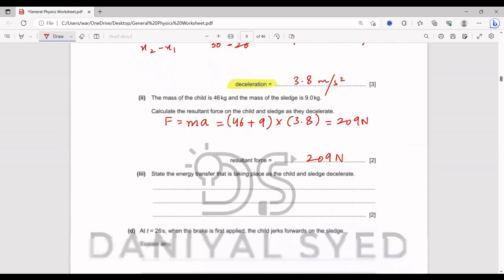Now, state the energy transfer that is taking place as the child and sledge decelerate. So, beta, when the child and sledge decelerate, what happens? The kinetic energy changes into heat energy. Because the brakes are applied, the sledge and the child both slow down. So their kinetic energy decreases, and at the same time, there is heat loss due to friction. So you have to write down